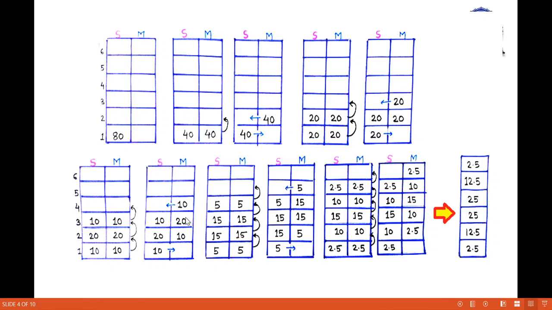So the situation is observed like this. Again, we know that equilibrium is present between the stationary and the mobile phase. That's why this 10 is divided into 5 and 5. 20 plus 10 means 30, and 30 divided by 2 means 15 and 15. Equilibrium is present, that's why this 30 is divided into 15 and 15. Here also 15 and 15, and 10 is divided into 5 and 5.